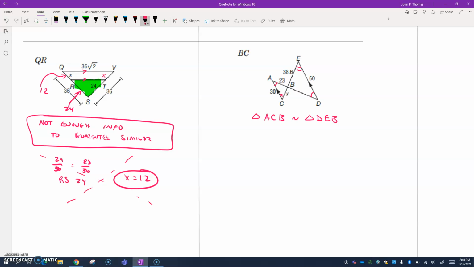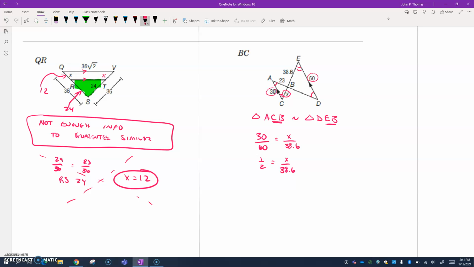All right, next thing I'm going to do is I'm going to look for sides that I know are corresponding, and I have values for both. So I have the 30 and 60 for those outsides, so 30 to 60. All right, and that's going to equal the ratio on the other sides, and I have this x here. Now, the x is on BC, so I always check back to the similarity statement. BC has to correspond with EB. All right, so that x is going to compare to a 38.6. Now, 30 over 60 is 1/2. All right, so I've got this set up. And from here,